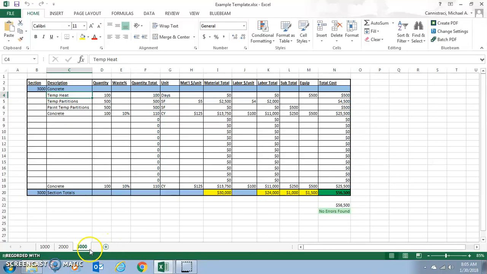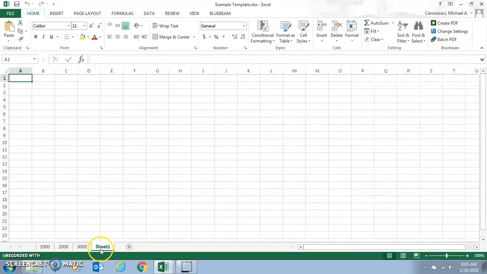For homework, once you have your Excel estimate template, I again only have 3 tabs here. You will have one for each active CSI division. You can add a new sheet by clicking down here, then click and hold and drag that one to the beginning. It makes sense that your recap sheet is at the beginning, not at the end. You can call this tab recap or summary,